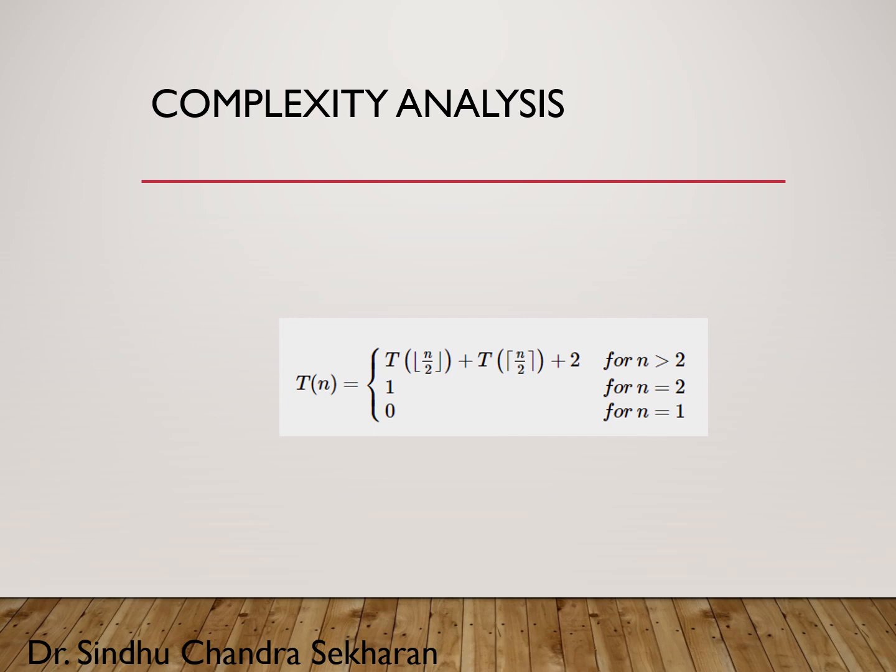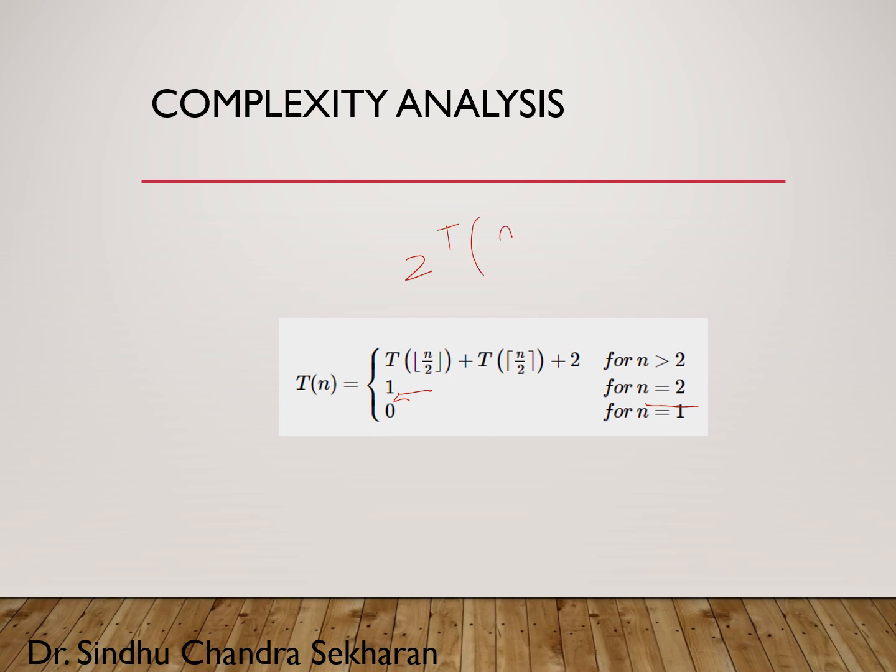Time complexity analysis. Usually when we have a problem which is being solved using the divide and conquer strategy, we represent the time complexity using a recurrence equation. So here, if we have only one element, there is no need for any comparison. If we had two elements, then we will at least have to make one comparison. Now, if there are more than two elements, then we have to divide the array, right? So this can be written as